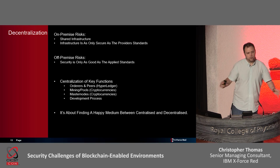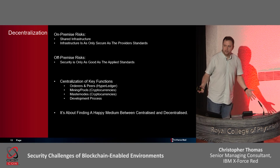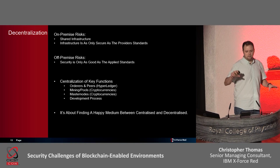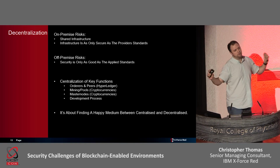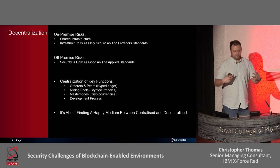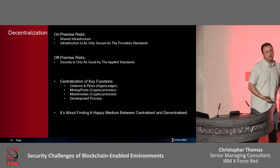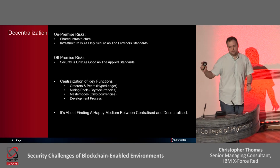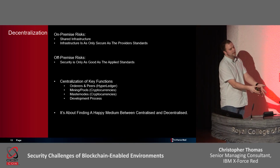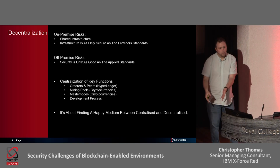Now, from a blockchain perspective, normally what we tend to see is that a blockchain environment is shared between multiple organizations, meaning that a number of different companies and organizations have different stakes within the network. So they have a portion of it themselves. If they host a portion of that network in their own environment, well, the problem we've got there